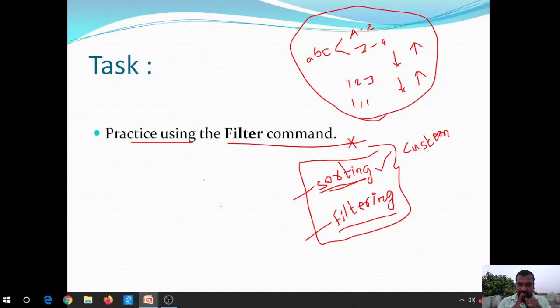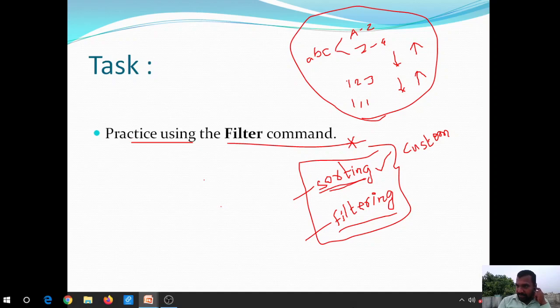We cannot apply more than one filter on a single column, but we can apply filters on more than one column depending on the situation. Okay, while applying the filters we can also sort the data.